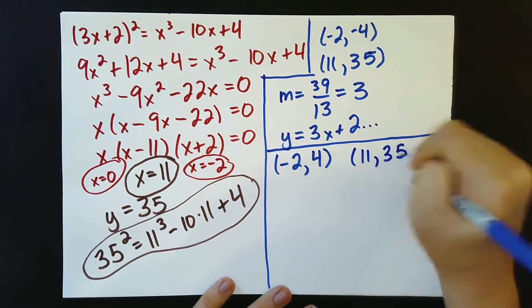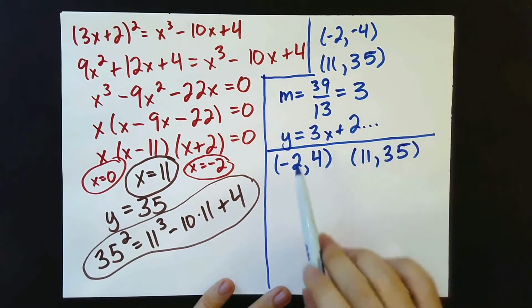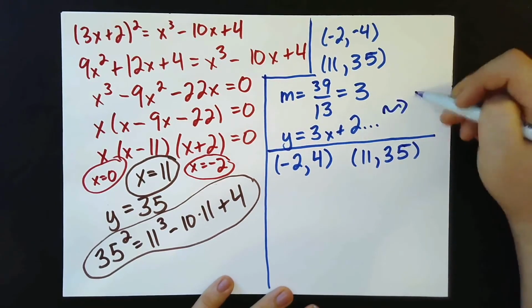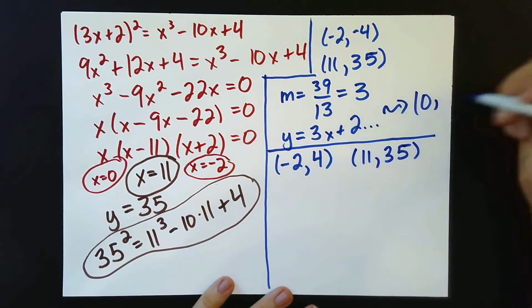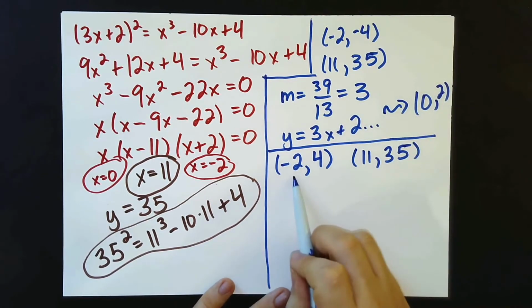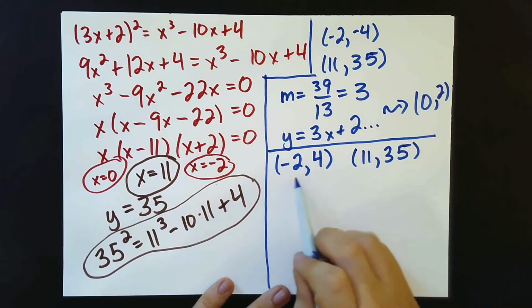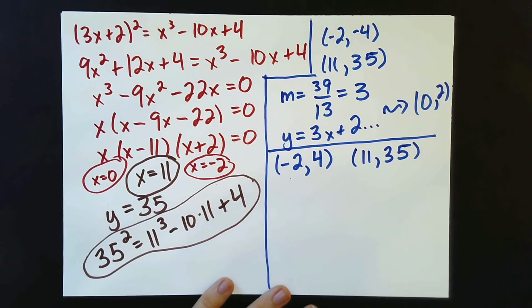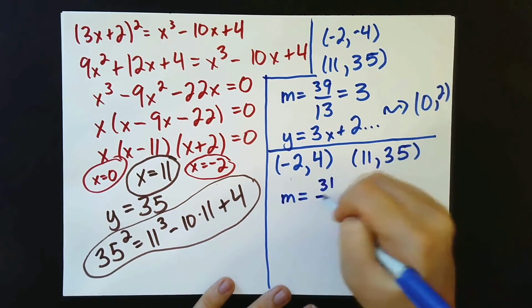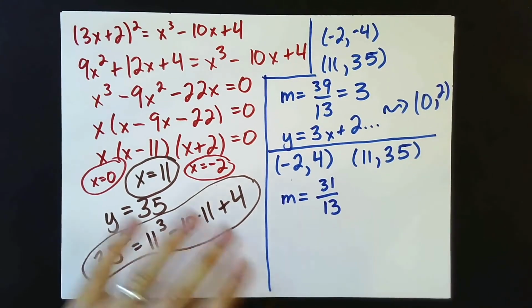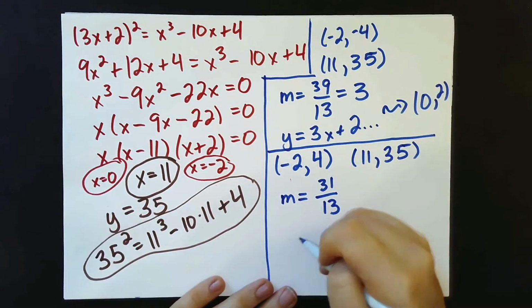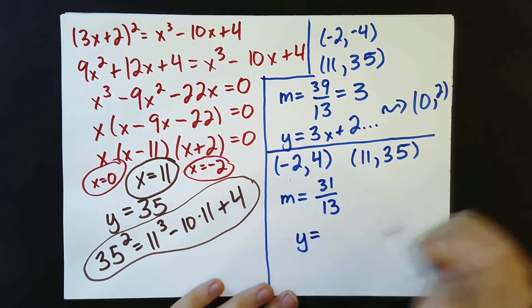So let's do the same thing, but instead of doing it with minus 2, minus 4, and 11, 35, which was going to, at the end of the day, tell us that, hey, 0, 2 was on the curve, which would have been disappointing. We'll instead pick minus 2, plus 4, and 11, 35. So my slope here is now going to be 31/13. Already, that's a little bit less nice than what we were dealing with before. And so the equation of my tangent line here is y equals